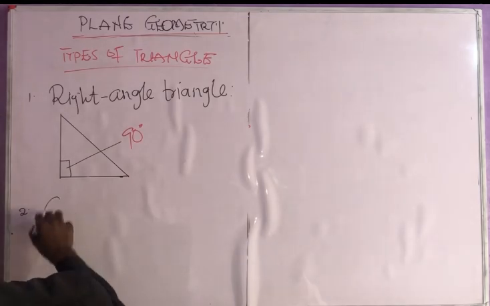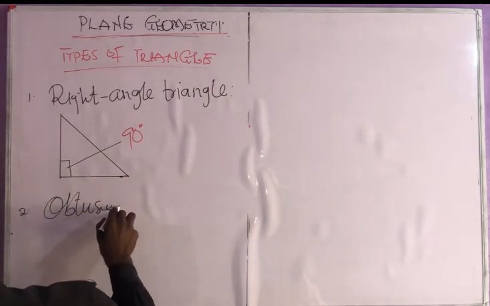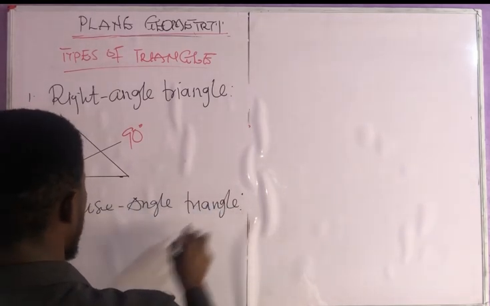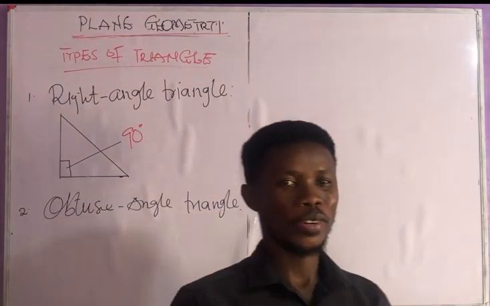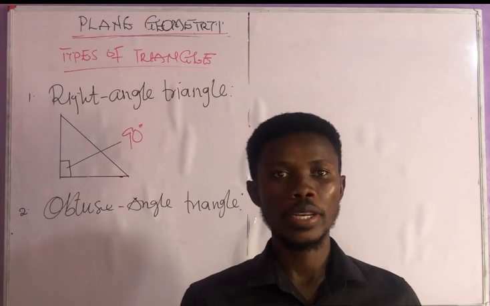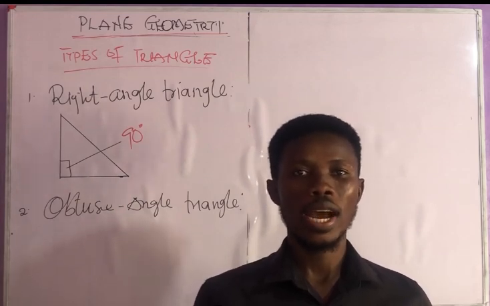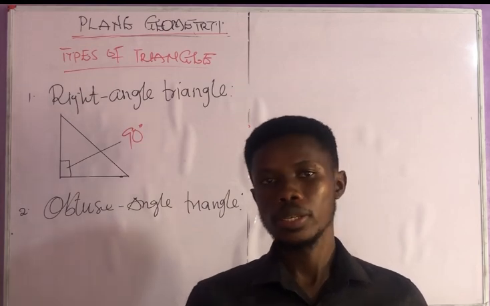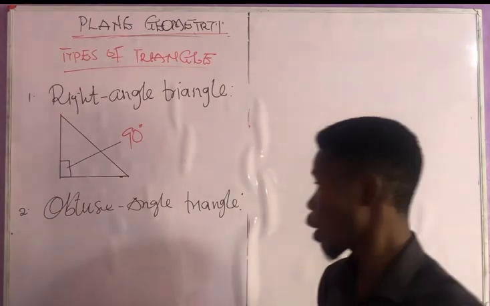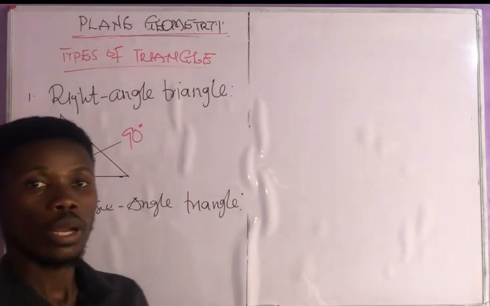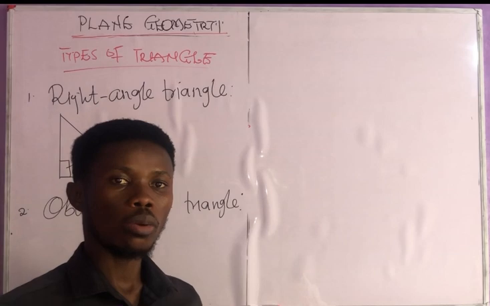Now let's look at obtuse angle triangle. Okay, obtuse angle triangle. If you recall again, we also looked at obtuse angles, and we said that obtuse angles are angles that are greater than what, 90 degrees, but less than 180 degrees, if you recall. So the same thing happening here. An obtuse triangle is a type of triangle in which one of its angles is